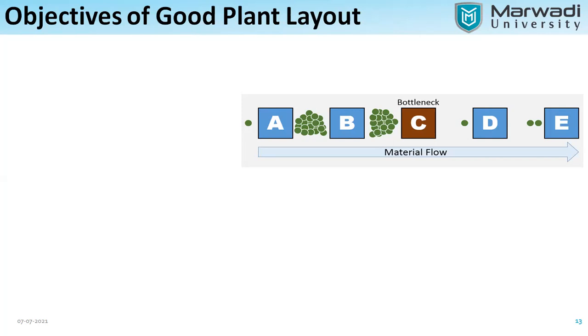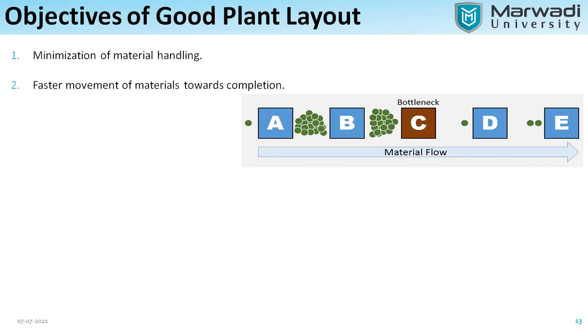If you have this smooth plant layout where the activities are carried out in a proper, smooth manner, then you can have a plant with good efficiency and you can provide a good product to the customer. So a good plant layout has good objectives, like minimization of material handling. Material handling means equipment like AGVs or robots or anything. So it should be such that you can minimize your material handling system.